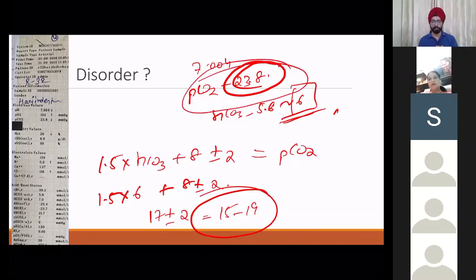So that is the importance of remembering the formula for compensation, because on the face of it you see this ABG in your ICU and you will say that the patient has such a low bicarbonate of 6, this is a metabolic acidosis, you don't have to do anything else. But this patient also has a respiratory acidosis, so a BiPAP support to this patient will help him. Okay, that is how important compensations are.